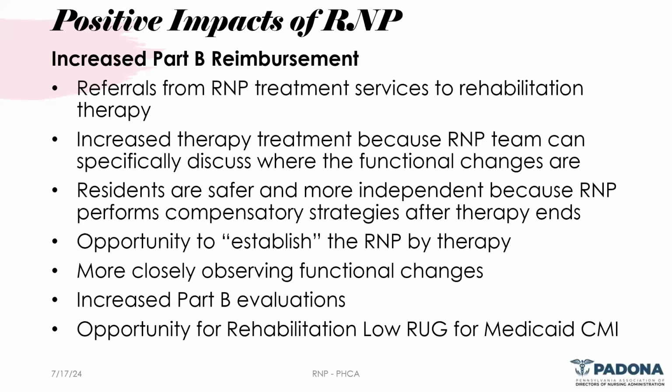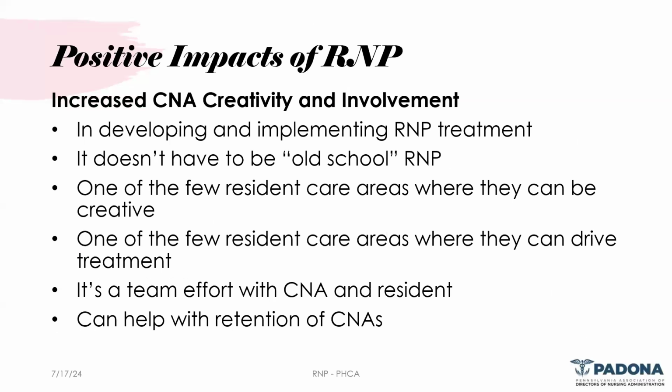It's going to be the rehabilitation. And rehabilitation low is a good way for therapy and restorative to be involved together. And they have to be. Otherwise, we don't achieve the rehabilitation low RUG category. It also gives your CNAs an opportunity to be creative and to get involved with the plan of care for